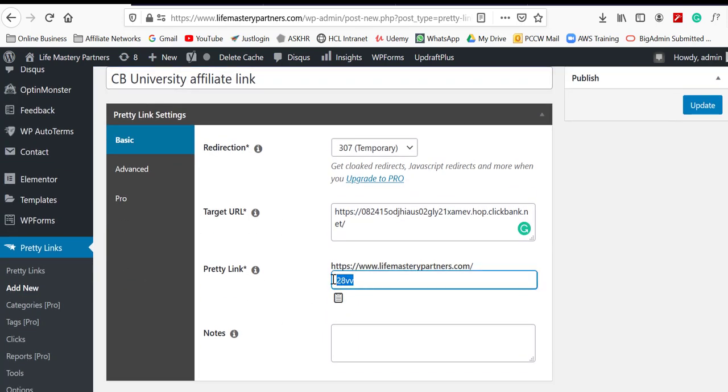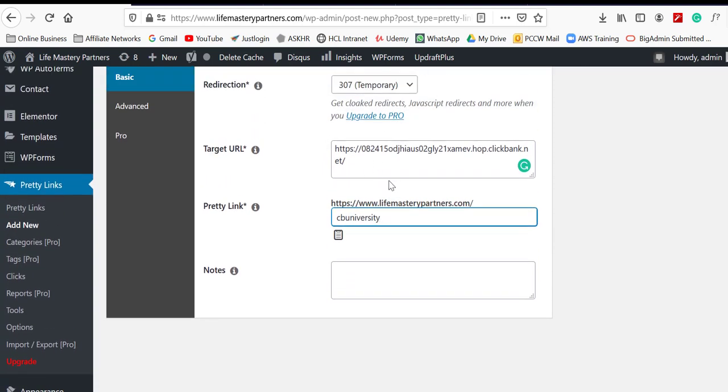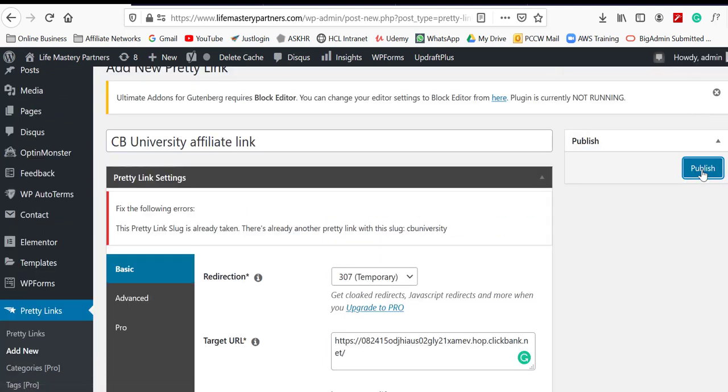So now we need to give the slug for our Pretty Link, which already has our domain name. So I'm going to give CB University. Once we do this, click on update and then publish.